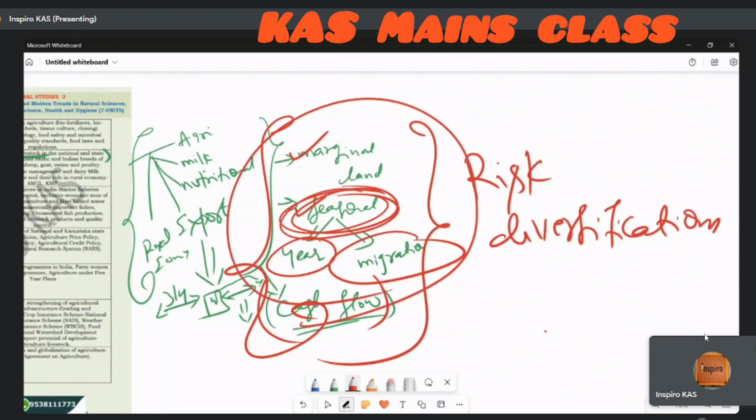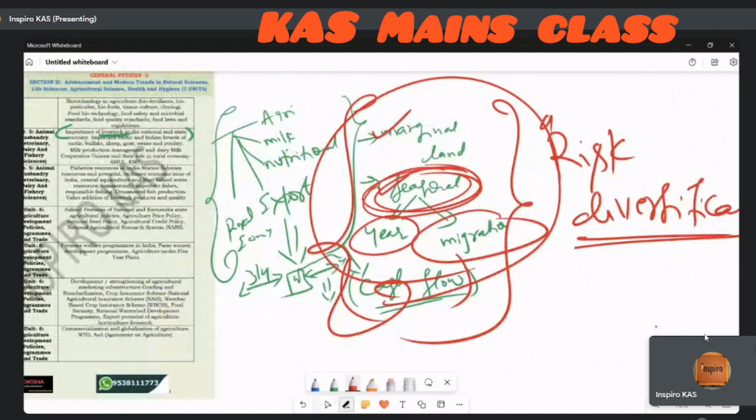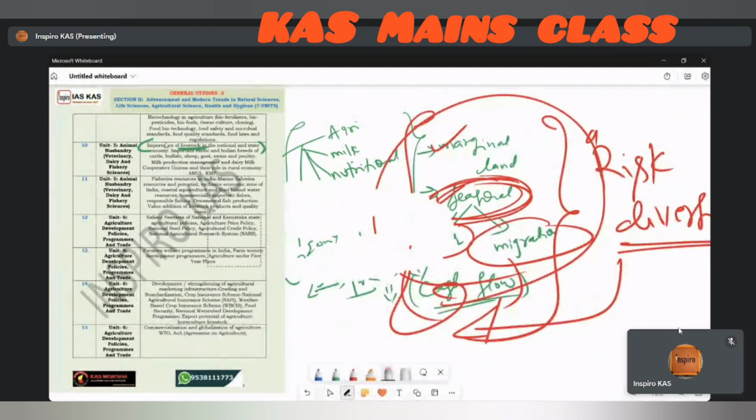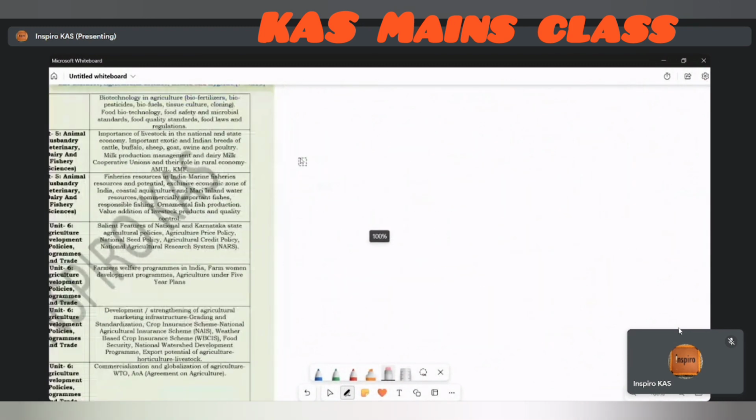So see, this term stands apart. Livestock, whatever is there, this helps us in risk diversification in agriculture, thereby impacting the entire rural economy. So this stands apart. This can be learned only by practice and by analytical thinking, which can be developed over a period of time, and exposure to this kind of thinking. So this thing you will not get overnight. This requires practice.